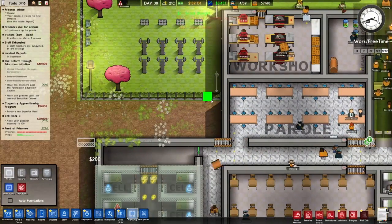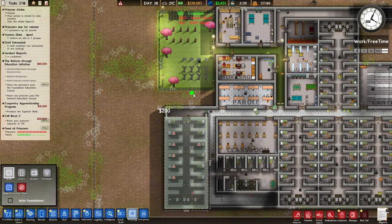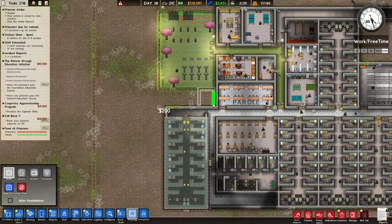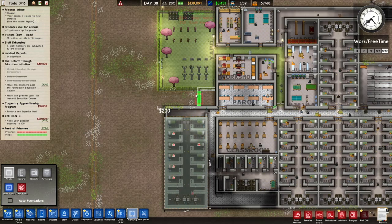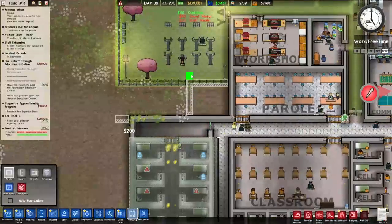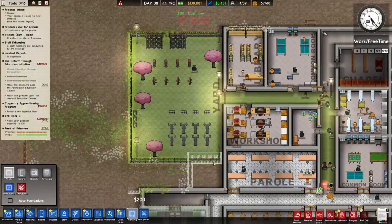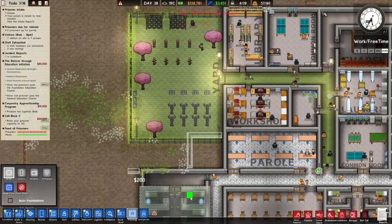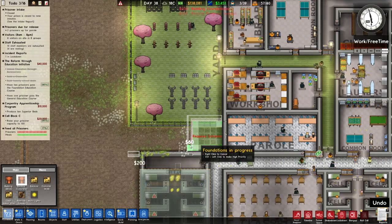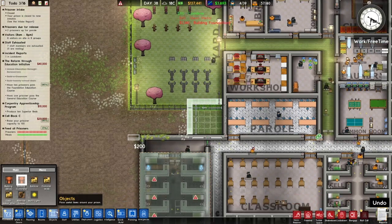Alright, so... What do I think about this? So we can't put the power gen here. So if we go like that, it's going to end up being a 4 by 4. So I think the best I can do is go like this, to not impinge upon their space, or I may have to cut out a little bit of the yard and go like that. Okay, that's what I might do. So I might go like this. Just encroach upon their